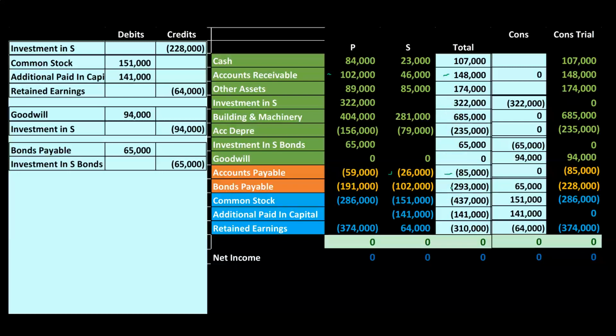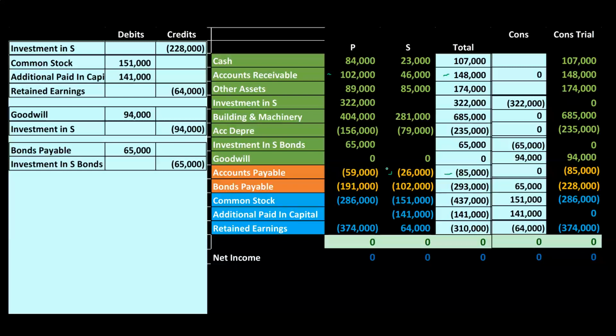Now, how would we know that those were there? Well, if we looked at the subledger for P, breaking out the accounts receivable by customer, we should then be able to see the customer S and see that amount that is owed to P from S. And on the other side, on S's books, with regards to the accounts payable, we should be able to look at the subledger, breaking out who S owes by vendor, one of those vendors being P.